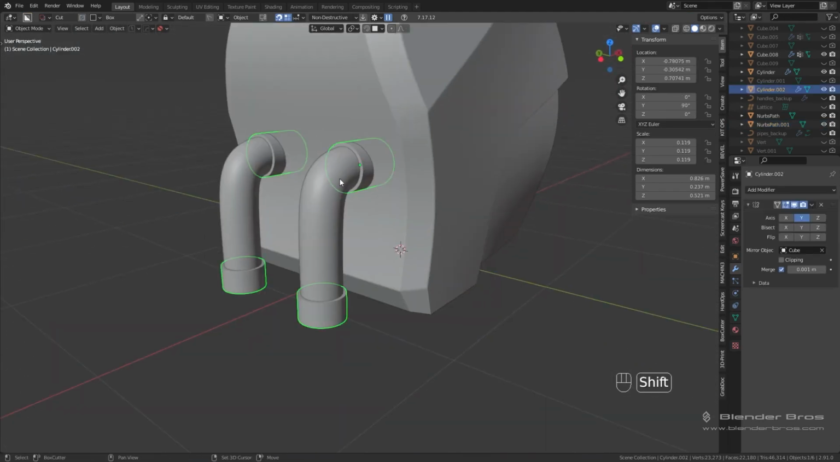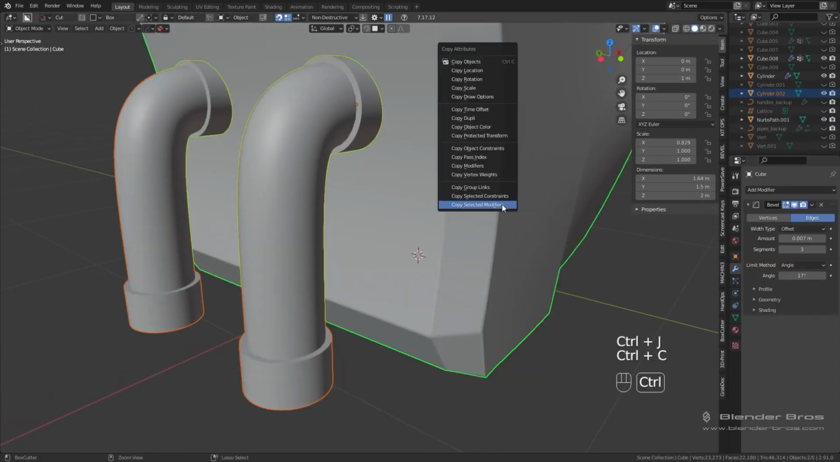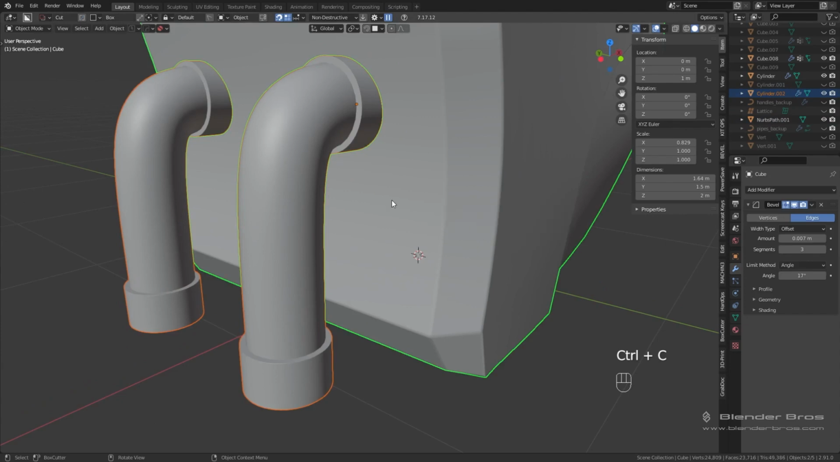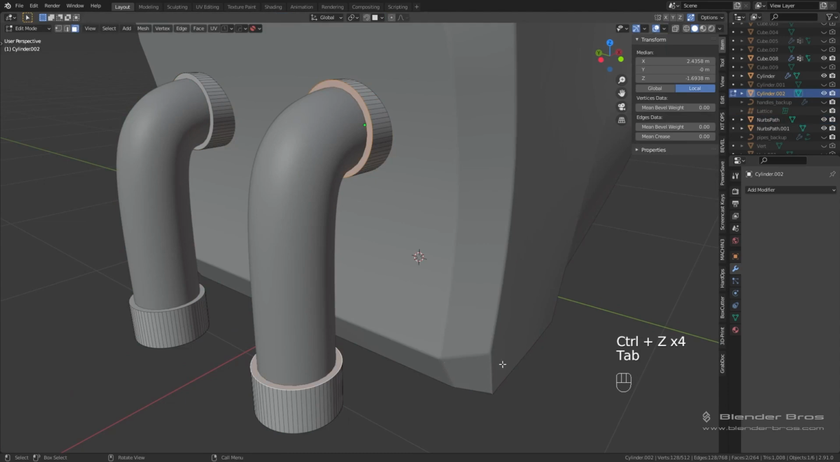We need to join these together. Let's apply the mirror here. Join these together. Other way around maybe. We'll do pipe and then these. We'll go ahead and copy our bevel modifier. And actually, you know what? Before we do that, I just noticed these guys need to be inset. So I to inset,